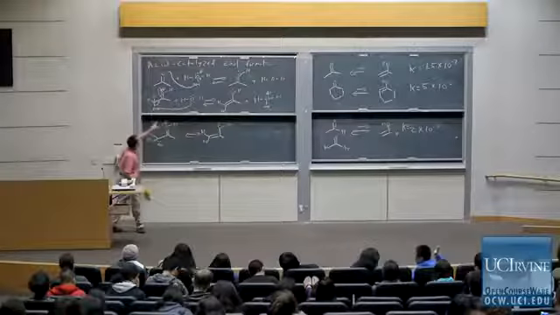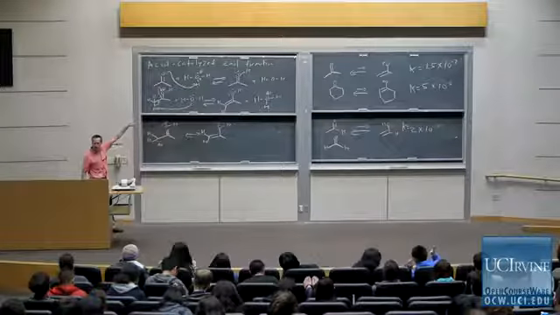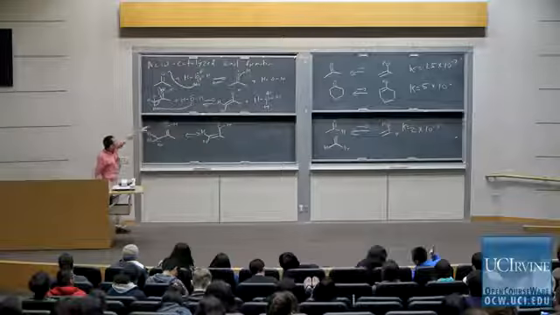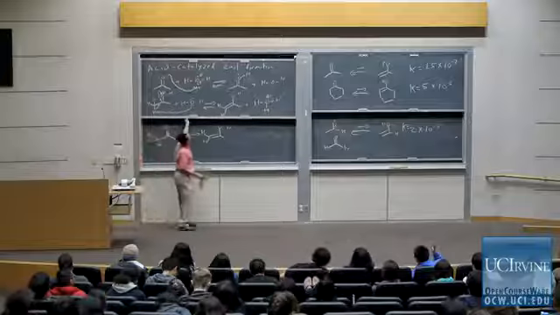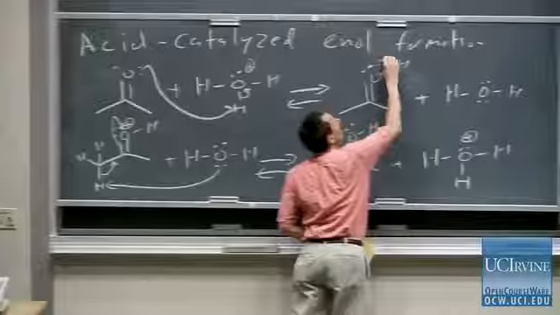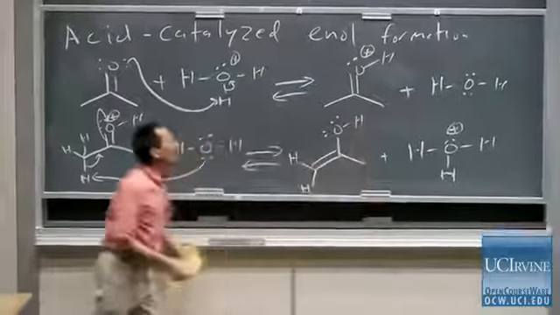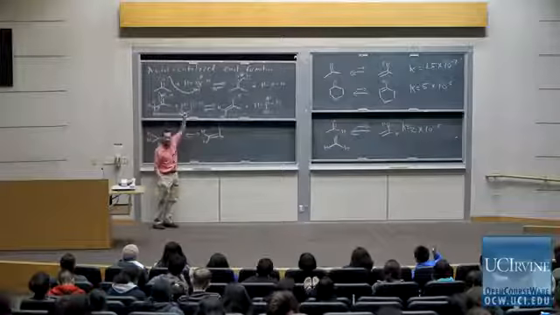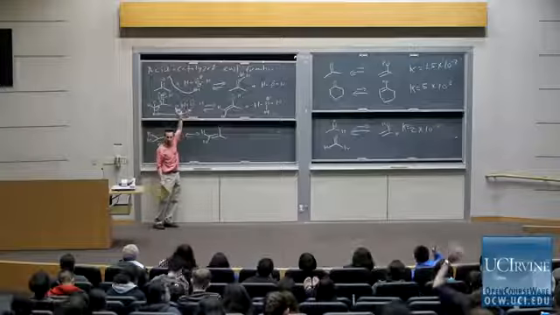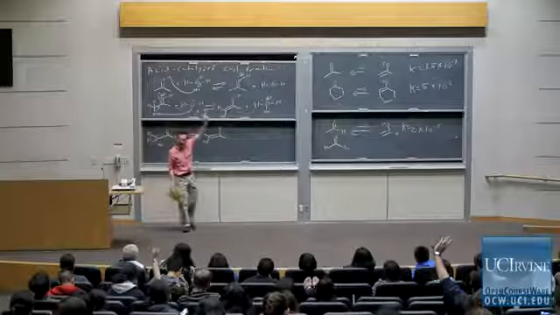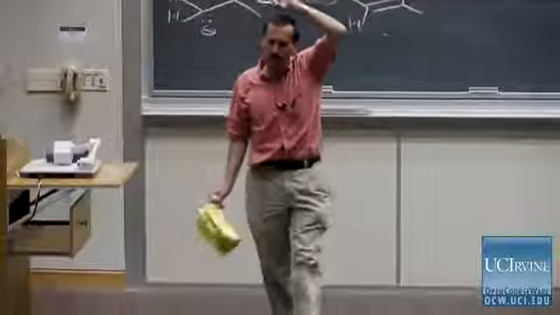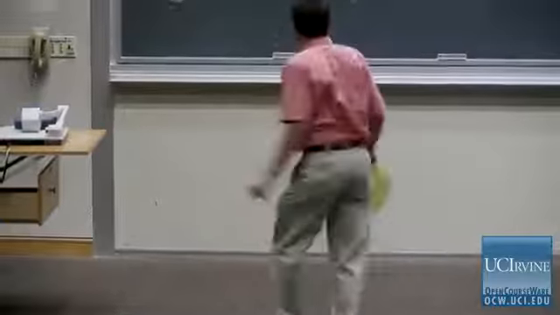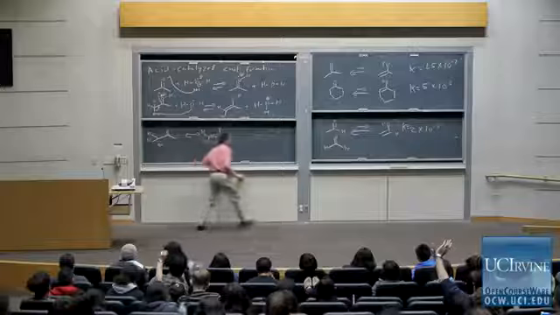And of course, protons come on and off all different acidic positions in acid-base equilibria. And so the proton, whoops, I forgot my positive charge. So much for being a good person over here. So the protons can come on and off the oxygen, then we head in the reverse pathway. And guess what? Most of the time, your equilibrium partitions back. In other words, when you have an equilibrium like this,